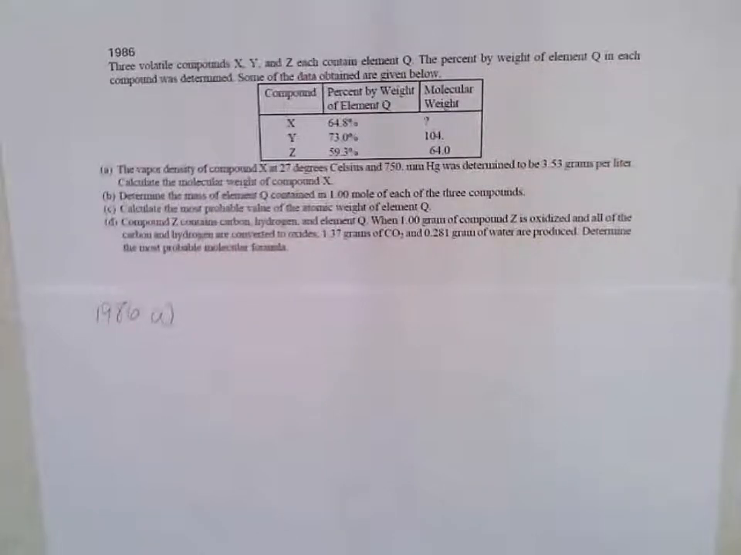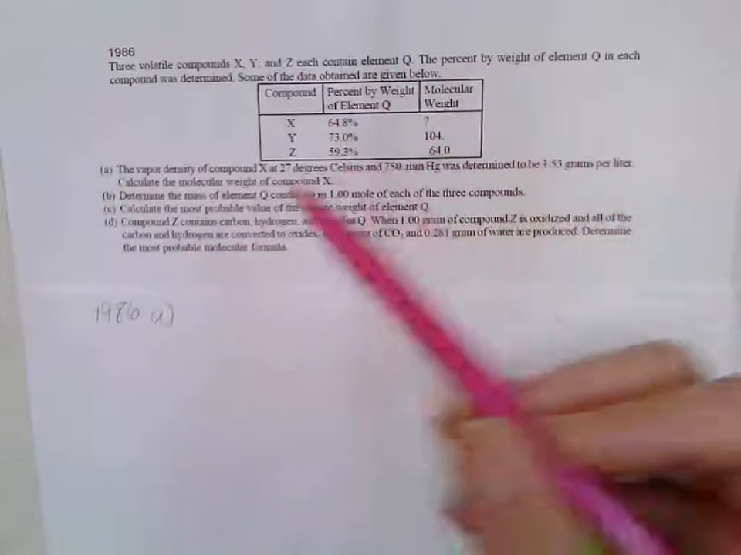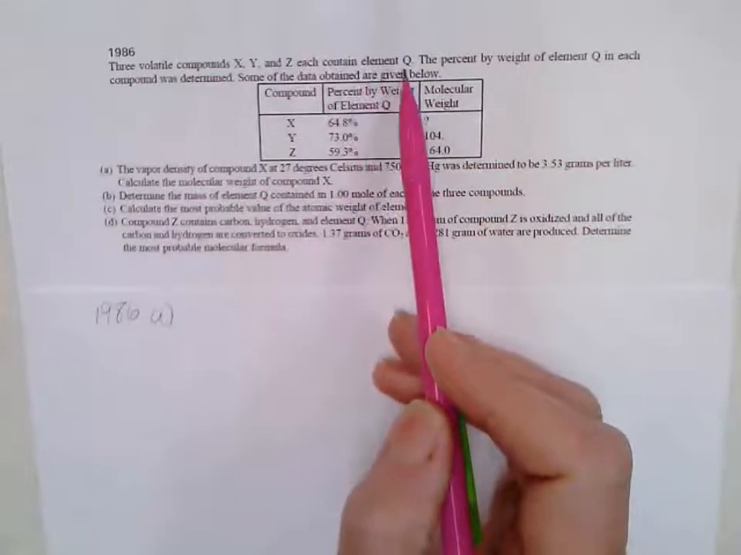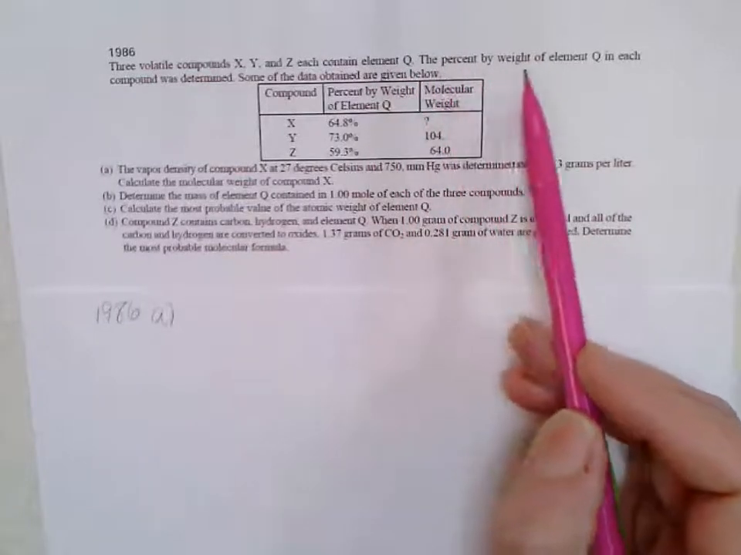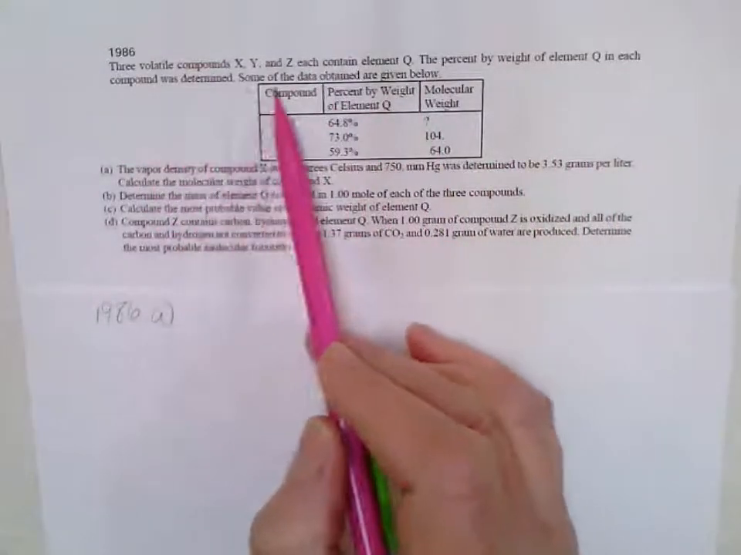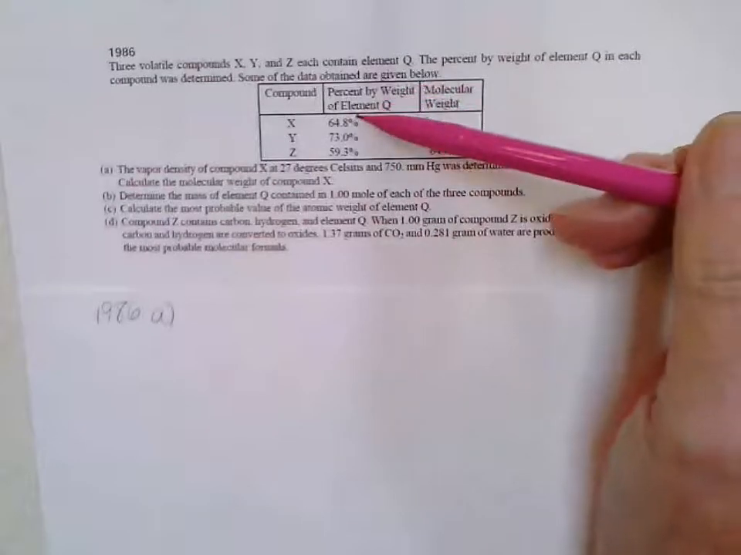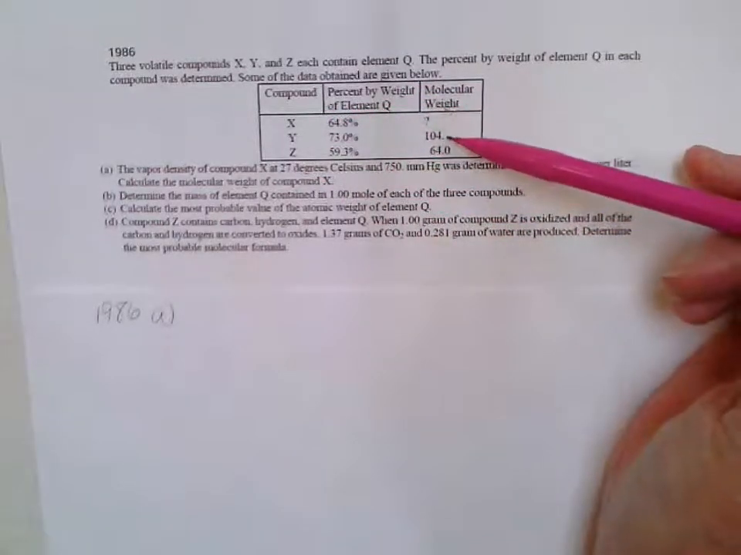Hi guys, so let's talk about free response question 1986. Let's start with part A. It gives us these three compounds and says that these are volatile compounds. Each contains this element Q that we're interested in. The percent by weight of each element Q was determined from the following data obtained. So we have the percent of Q in each of these three compounds, and we have the molecular weight of